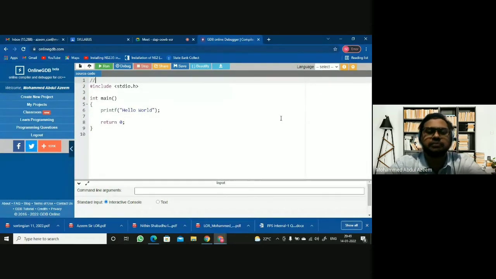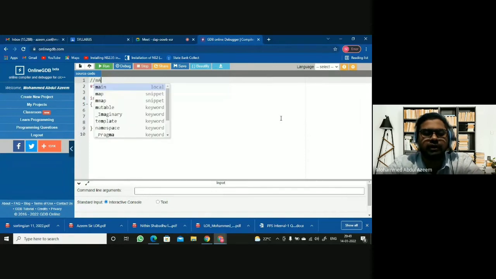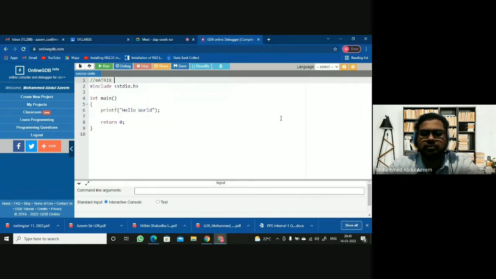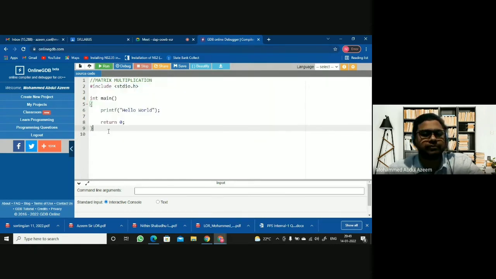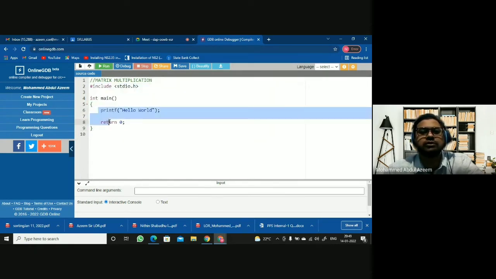Write a single comment saying that we are performing matrix multiplication. Fine. Now remove all this.